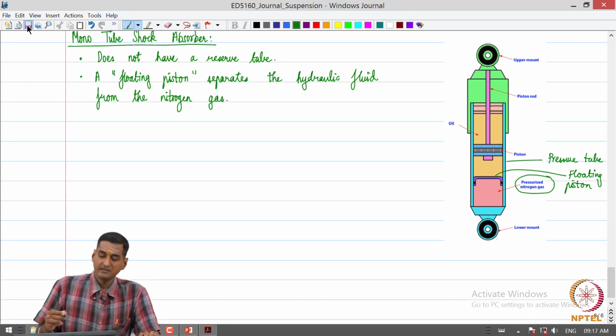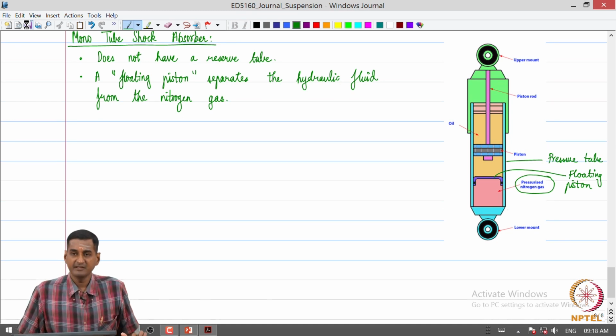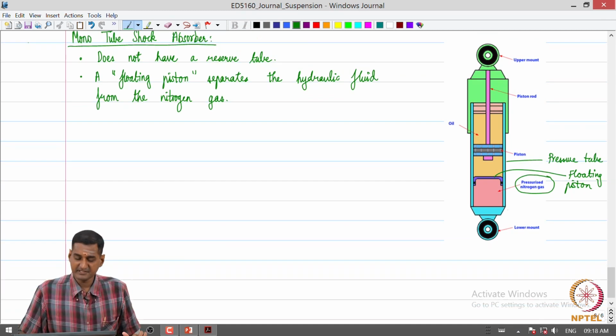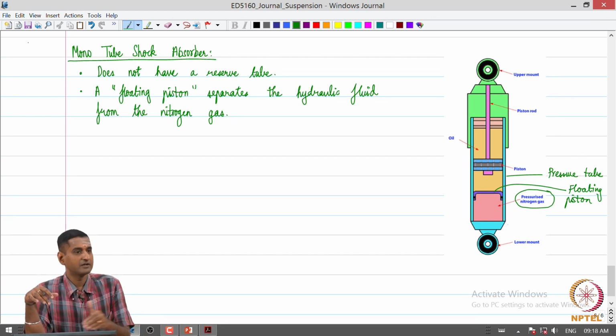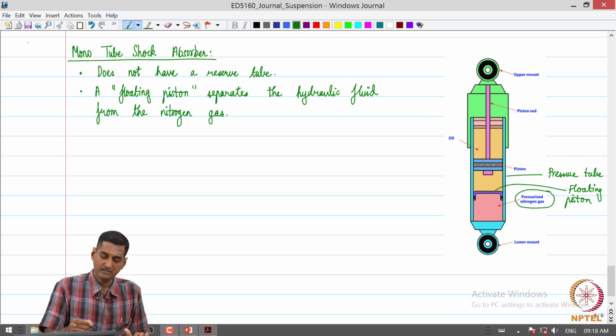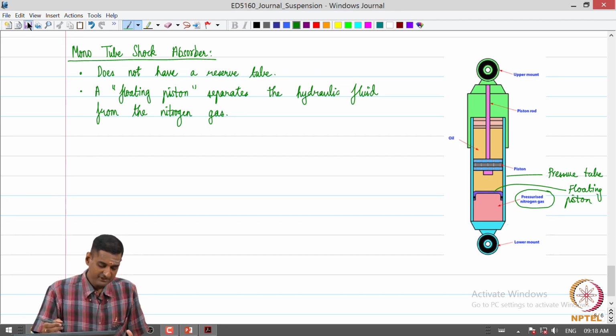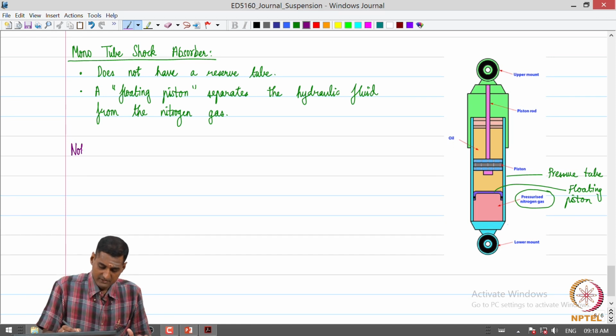Okay. So, there are a few more components in the suspension system. We have looked at springs and shock absorbers. There are a few more components which we will encounter as we discuss various suspension configurations, other suspension linkages which play a critical role. So, before we look at different types of suspensions, there are a few points to note and also a few terms which we will be encountering shortly.